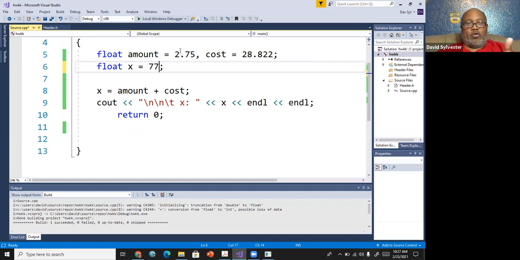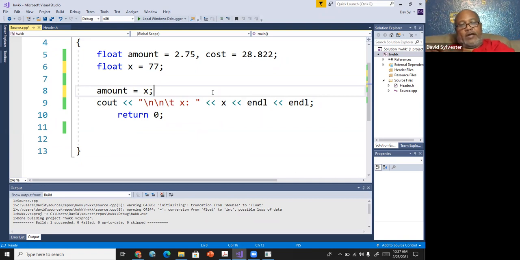So, and I'm gonna just overwrite a value here. So if I said amount is equal to X, so now I'm taking an integer value and storing it into what? A float variable. But what happens? I don't lose any value because what? 77 in integer, if I convert it to a real number, it's 77.0. So it's nothing being lost. Everybody got that? That integer value turned into a real value, you just do the .0, and 0 is nothing. So that value is not really being lost, all right?